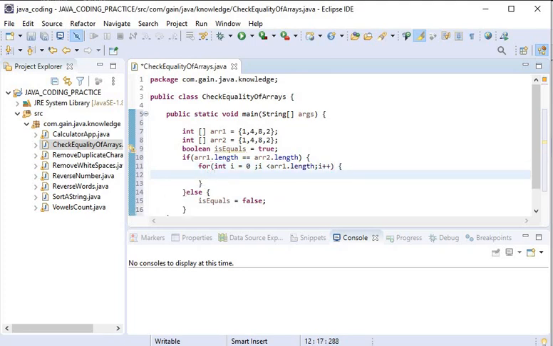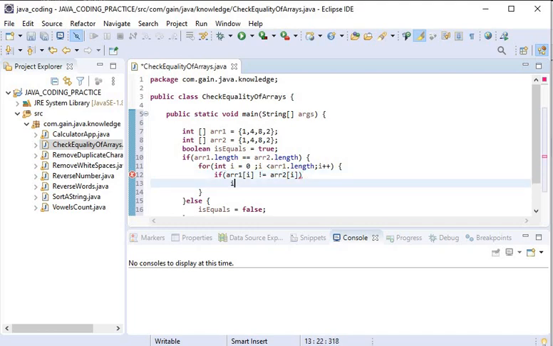Here we will check if array1 index i is equal to array2 index i. If they are not equal, then the isEqual value will be false.